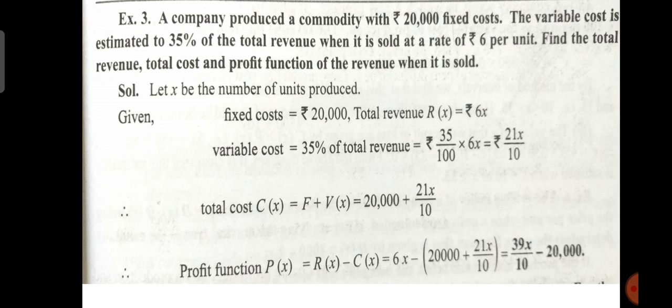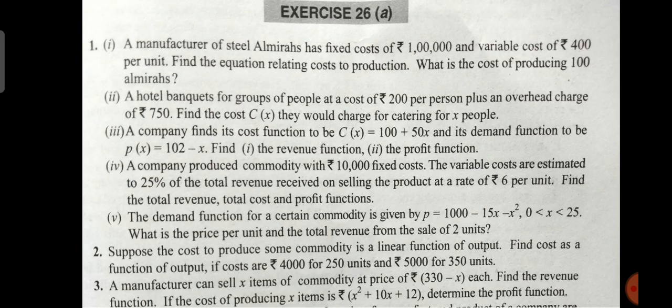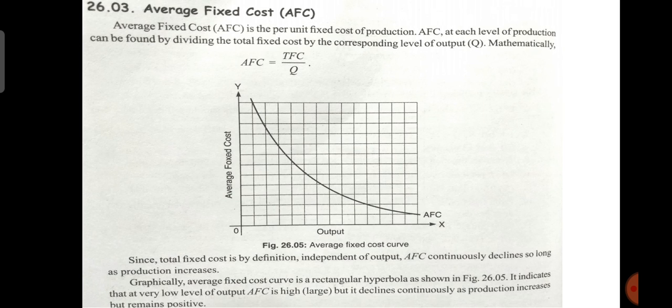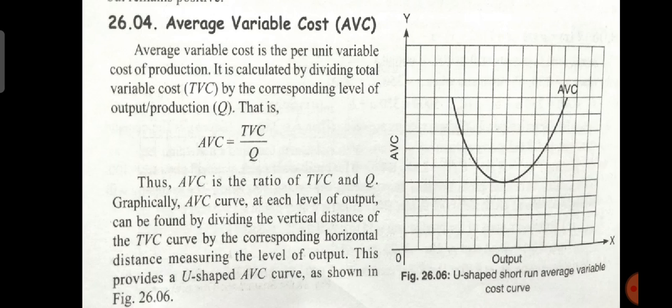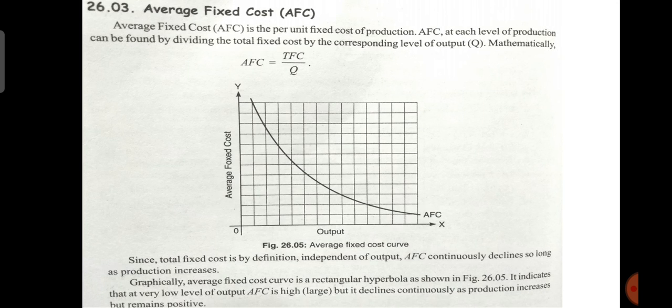Then you have to find the profit also: R of x minus C of x. R of x is given, C of x is given. Find the answer, and then simplify it. Similarly, there are problems for that. So like this, you have to solve these types of problems. Okay. Next is the average fixed